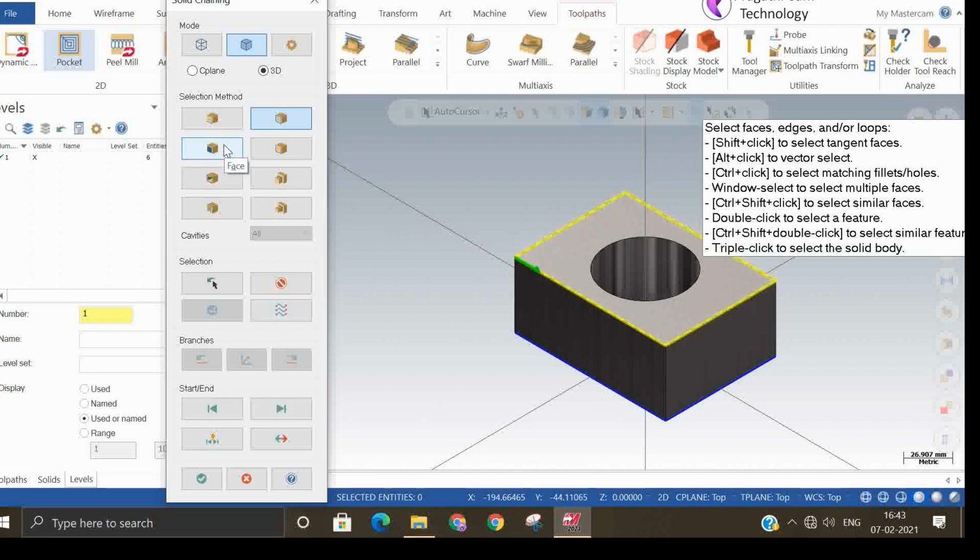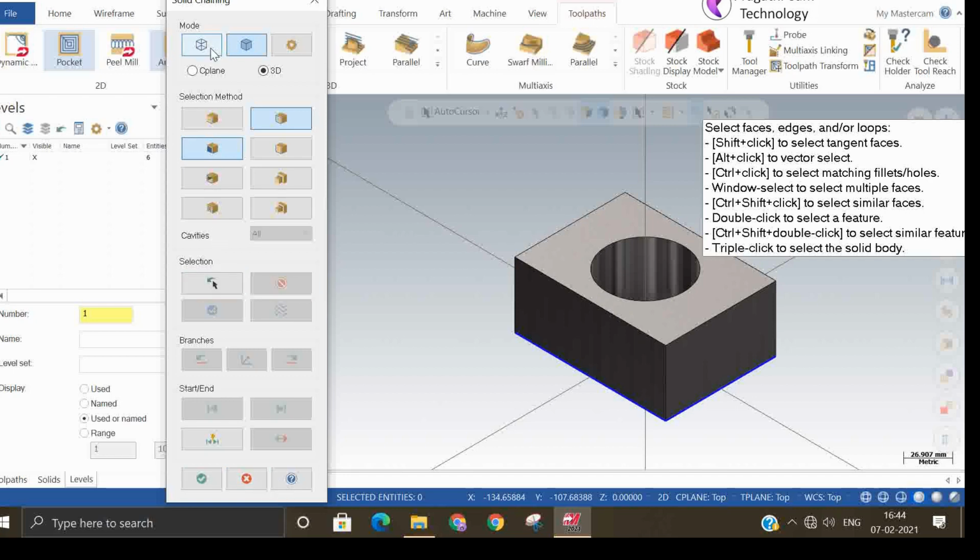You can select a face also, a complete face selection. This is for the partial loop selection. In case it's an open loop, in that situation you can use this. So it's the outer edge selection, outer shape edge selection. So like that, there are a lot of selection methods. You can also accept the selection, and the unselect option is again available.